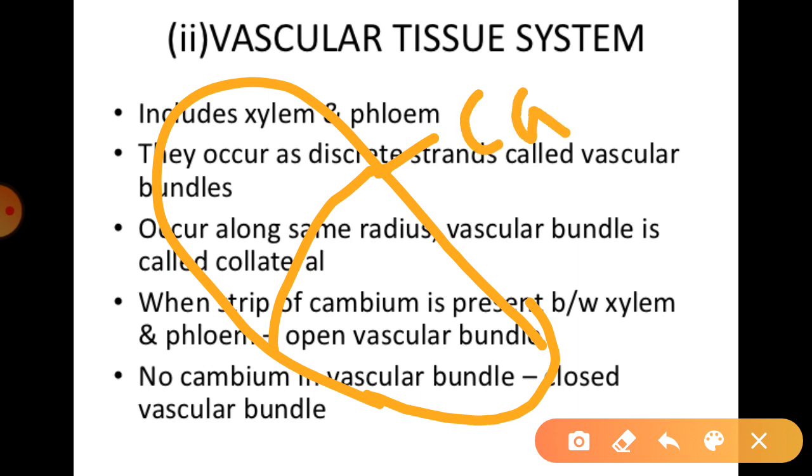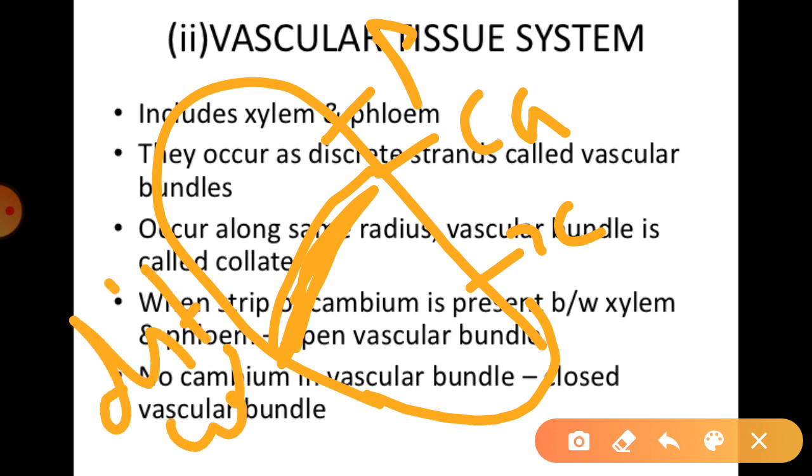This is cambium, this is phloem, and this is xylem. Right? So we can say, especially in collateral, I have already told you, they are found in the same radii. दोनों के दोनों क्या सेम रेडिया के ऊपर डिपेंड कर रहे हैं. साथ ही क्या होता है, when both, right, they are found between the xylem and phloem, and especially in dicot plants,